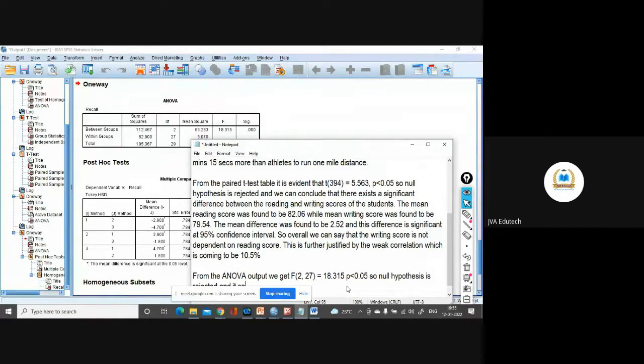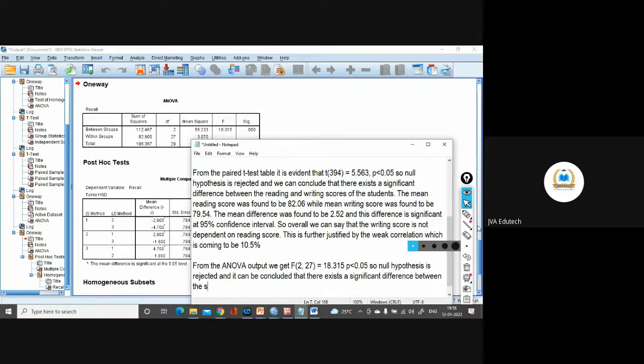and it can be concluded that there is a significant difference between the students' recall of words based on the methods.